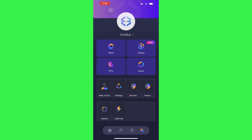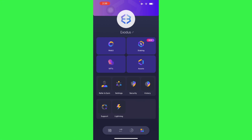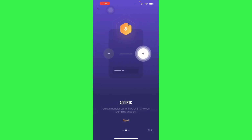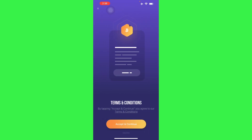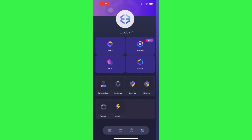So you have your settings here. You can name your own wallet. You have your Web3, you have staking, you have NFTs, you have assets, and much more. You also have your Lightning right here, so super fast Lightning transactions and very much more. You can add Bitcoin, and here's the terms and conditions. So you can receive and you can also...